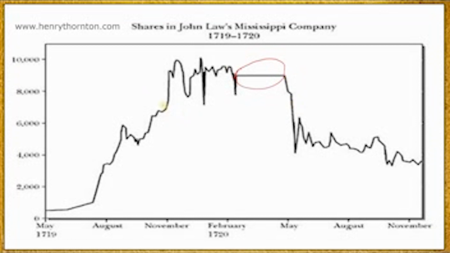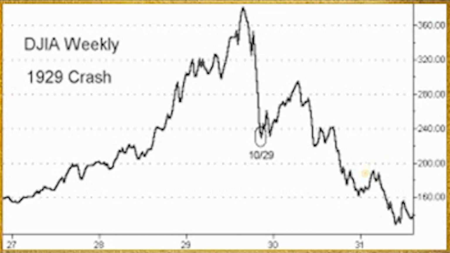So again, the only thing we can gather from this is that prices went up pretty steeply from less than 1,000 to 10,000, and they dropped pretty rapidly. So first of all, you got an initial rapid drop, then you got this bounce, and then you've got a slower decline after that. Let's move on to the Great Depression.